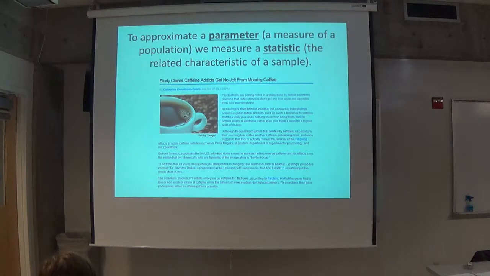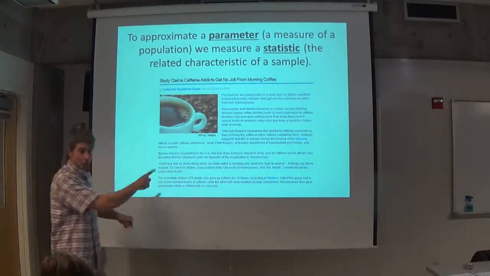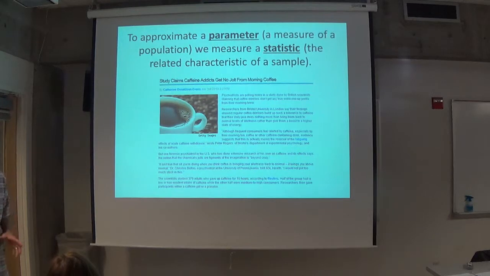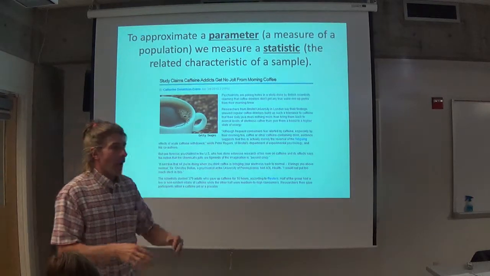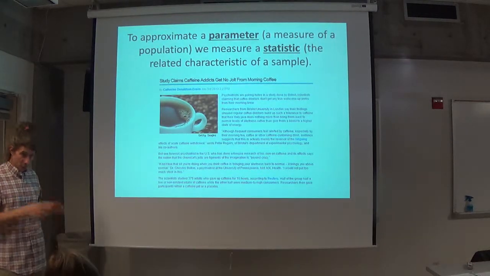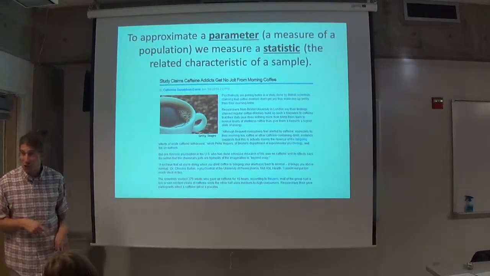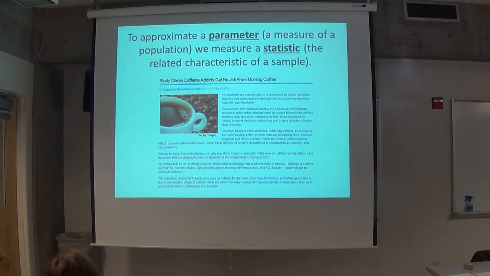As Carolyn pointed out, we can never measure the population directly. The problem is we want to. We want to know what's going on in the population because we want to know a parameter, which is a measure of the population. We want to know, on average, how does the blood pressure change in a caffeine addict who gives up his coffee or her coffee? That's what I want to know, but you're never going to know what it is. The best you can do is take your sample of those 379 adults, measure them, and then make adjustments to that measurement to make it apply to the population. More on that in about 30 seconds.